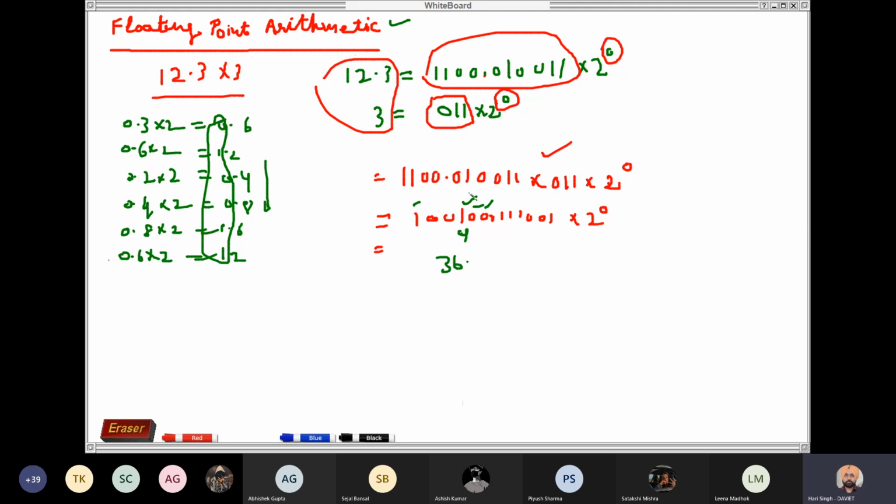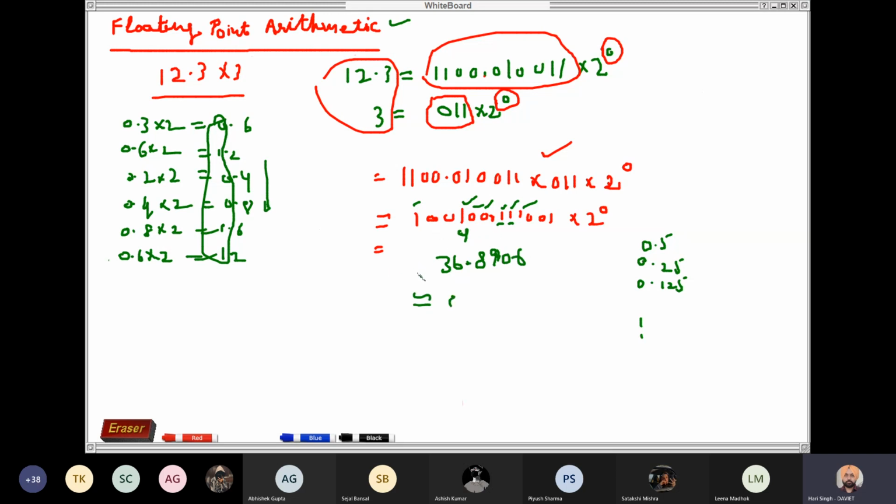point, that will be 0.5, 0.25, because it is the 2 power minus 1 place, 2 power minus 2 place, that is 0.25. Then 2 power minus 3 means 1 over 8, it will be 0.125, and so on. So if we add all these, you will get approximately 36.898906. It is in decimal.